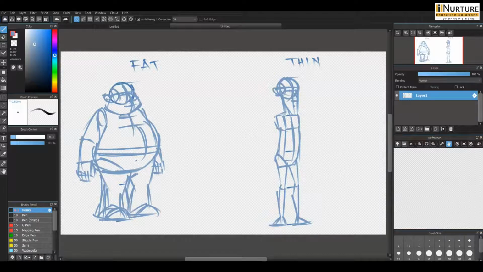Character model sheets are the authoritative reference for a character. They show the character from all angles, in a variety of poses, and with a bunch of different expressions like happy, sad, surprised, shy, etc. These expressions reveal a lot about your character's personality.